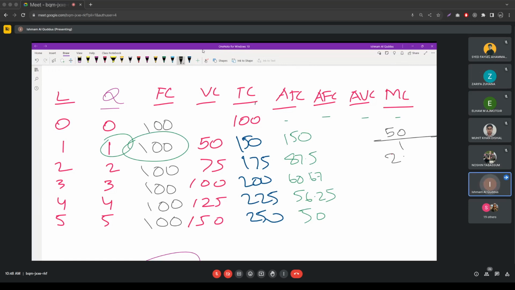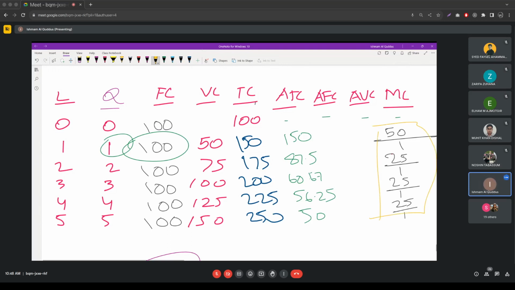Then 25, 25 divided by 1. And then 200 minus 175, 25. 25 divided by 1. 25. So see here,